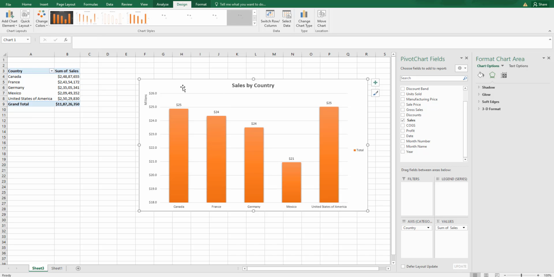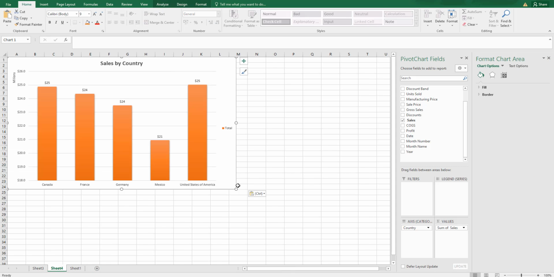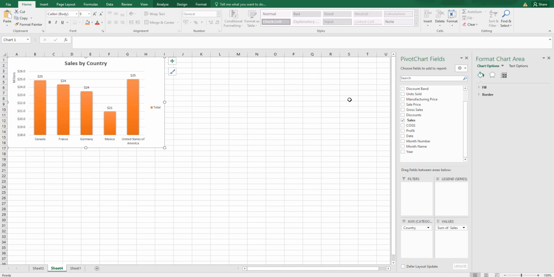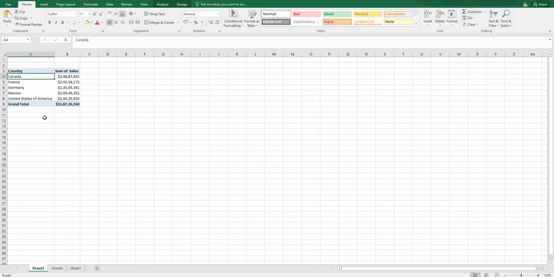So, I am going to leave it at this, and I am going to cut this. I am going to paste this in a new sheet and have this particular chart saved here for reference. Alright. So, I am going to just close this, and I am going to come back here,